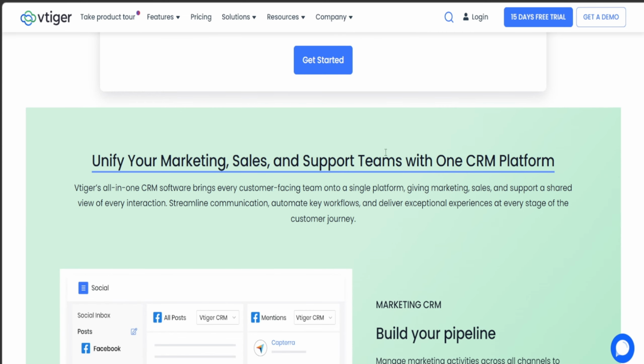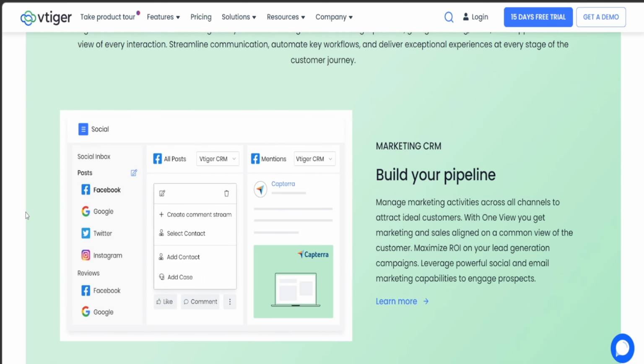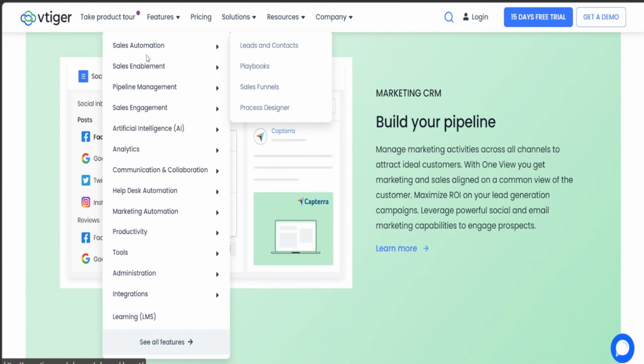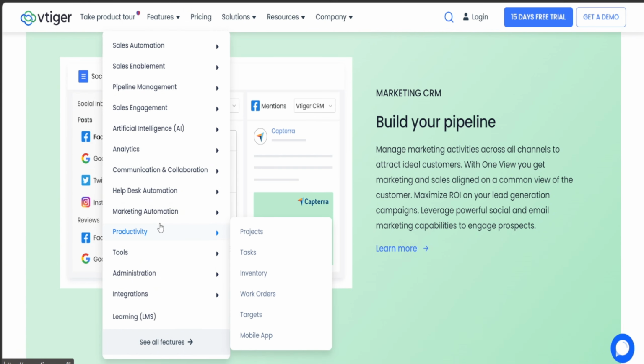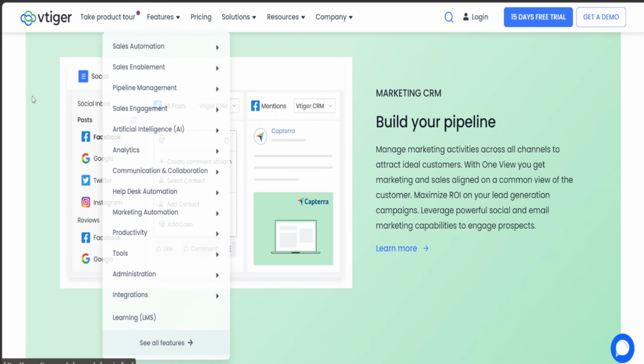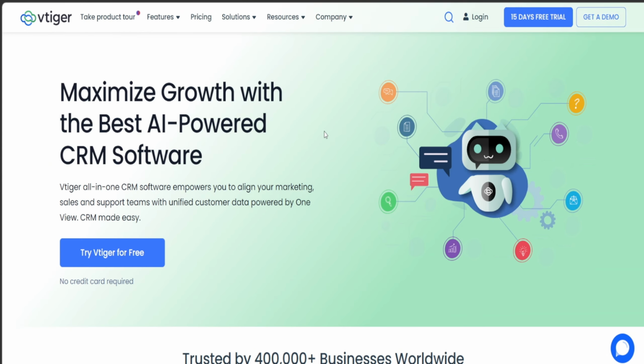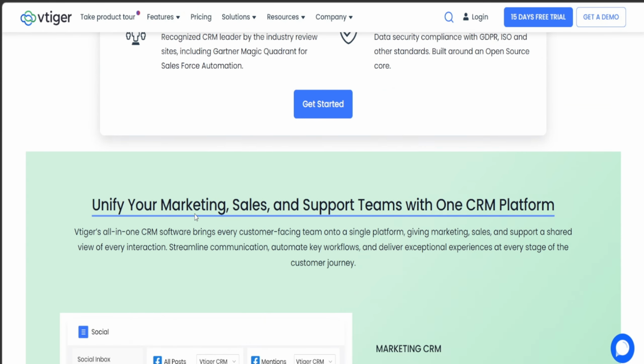But if you want to know what you will be able to do once you get a subscription for Vtiger, then there are features over here that you can explore. There's sales automation, sales enablement, all the way up to productivity like your projects, tasks, inventory, and much more. You can always take a tour in Vtiger to see if these are too much or just to your